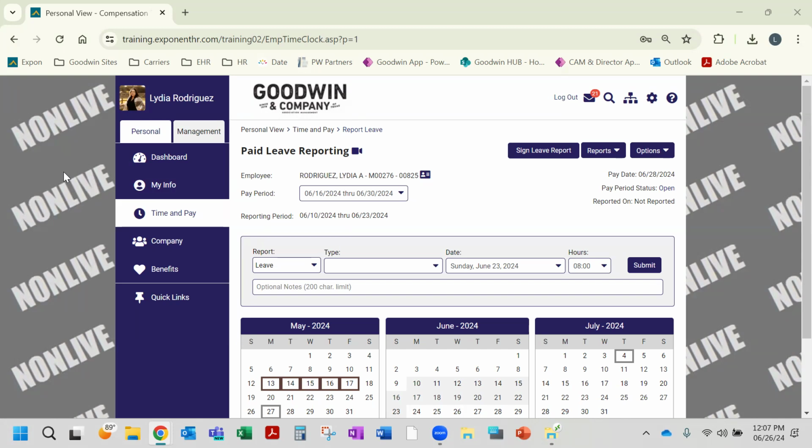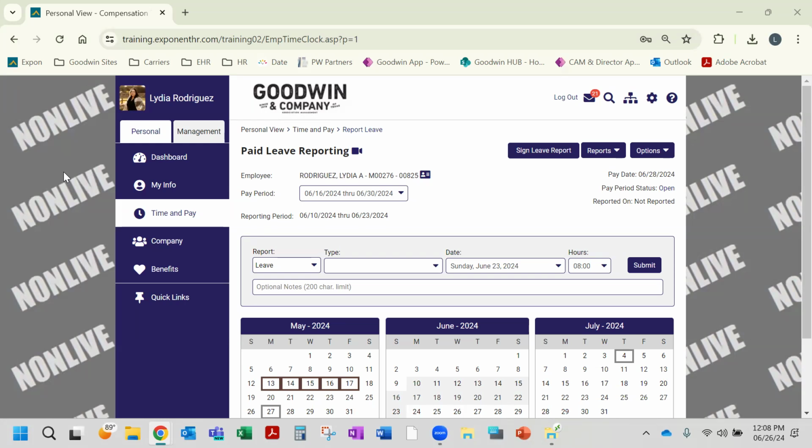All right, so we are going to be utilizing a test site. So everything that we are doing today is on a test site. It is not anything live. We did build out a fictitious unit so that everything that we're seeing is not actually related to a Goodwin employee. You may see a couple of Goodwin names as we go through a drop down, but you will not see any personal data on anyone. So everything that we're doing here is on a test site, but it is what you see as a supervisor